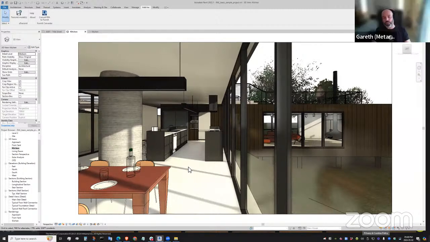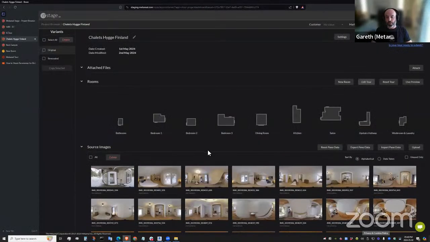So in this case, we have a plugin for Revit, so you can export. It'll kick off an Autodesk Cloud 360 render. It'll take the panoramas. It'll take a low version of the mesh and package that as a zip file that we can just import directly into MetaReal. If you're working with 3D Max or SketchUp, you have a few more steps because you actually have to create the zip file yourself. But it's not hugely complicated.